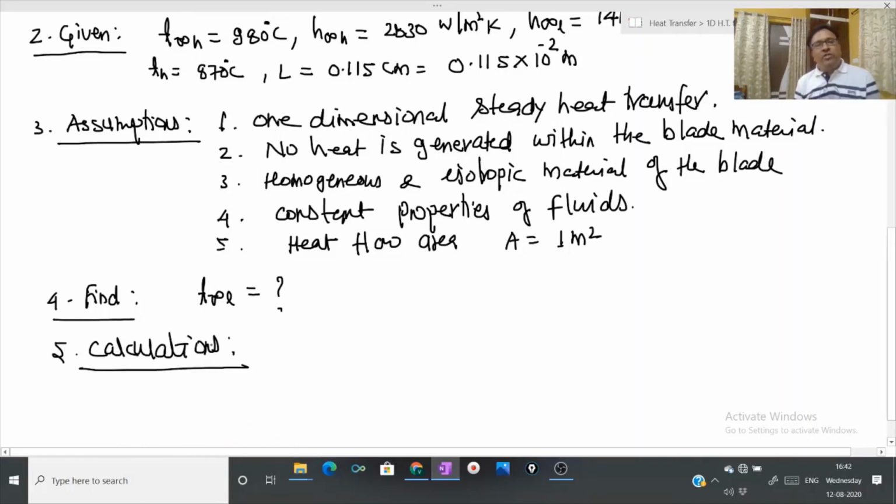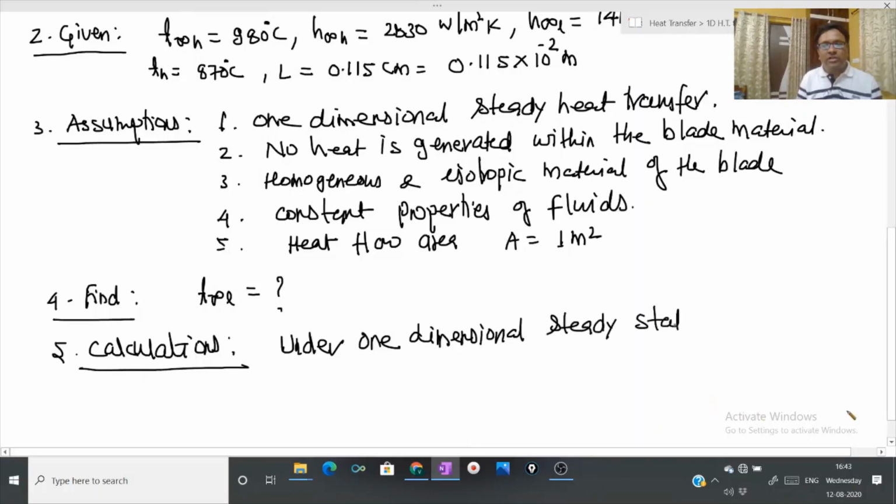Now once again we will go with our established procedure. First we will be writing equation for rate of heat transfer through individual layers of fluid and blade material. So since we have assumed one-dimensional steady-state heat transfer,